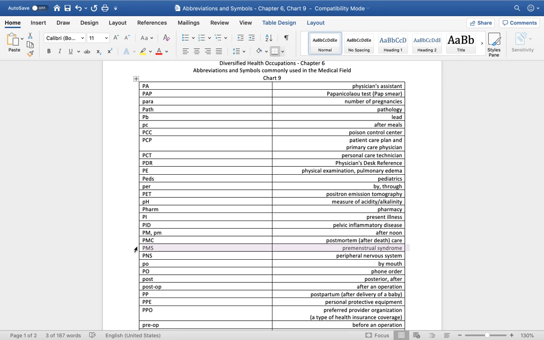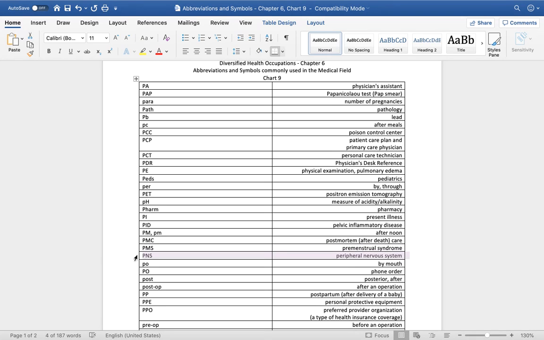PMS, this is premenstrual syndrome. This is frequently confused with being grumpy during the menstrual period, but this actually comes before the menstrual period because that's when generally the hormones are the highest in your body as a female, because the body is prepared to implant an embryo to grow into a baby. And with that huge influx of hormones, generally makes females a little moody.